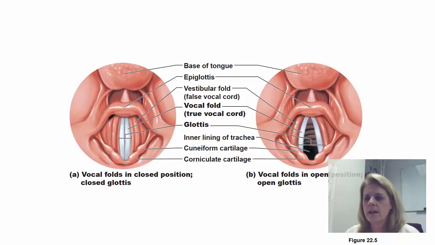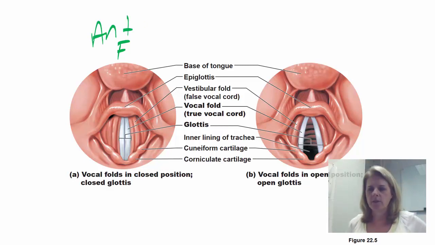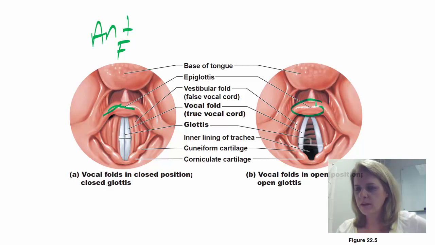All right, so this is looking down into the throat, looking down into the larynx. And so here's the base of the tongue. This will be the front, this is anterior. And you're looking down. And so if you look, you have your epiglottis. It looks kind of like lips a little bit, like your top lip. That's your epiglottis. It will cover the trachea so that food will go down the esophagus and